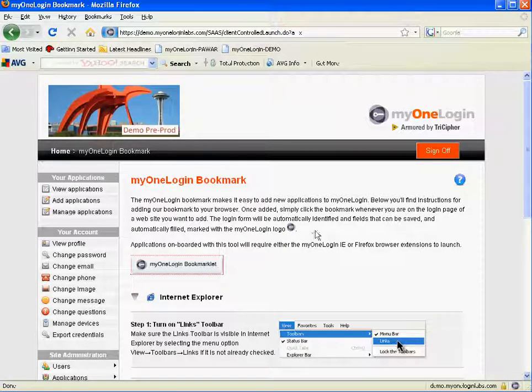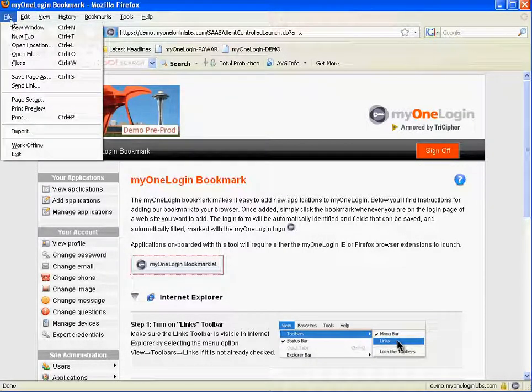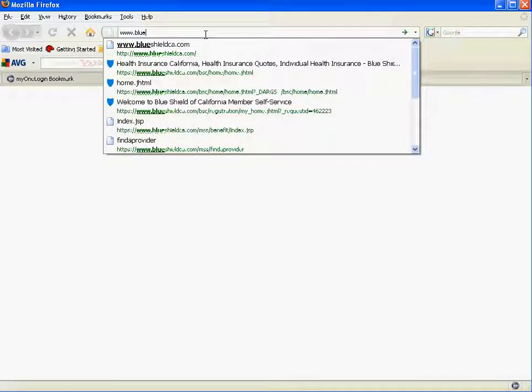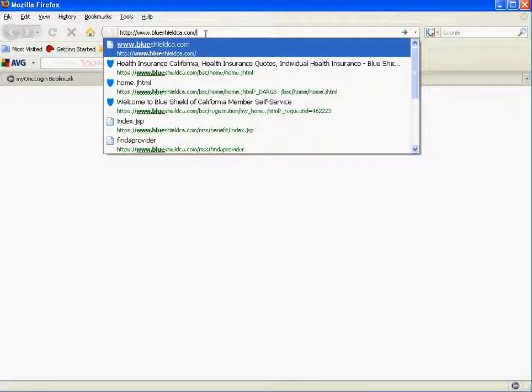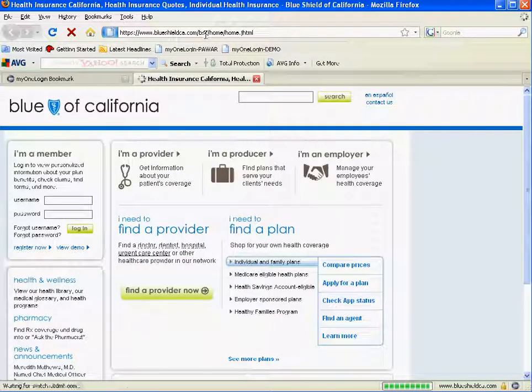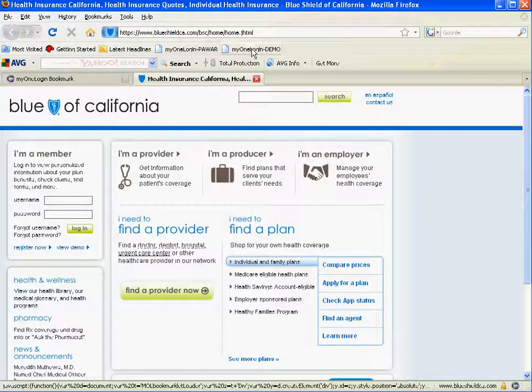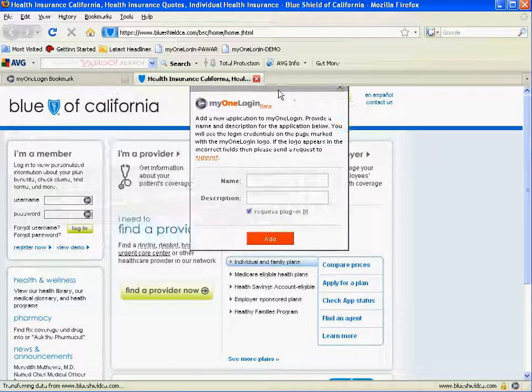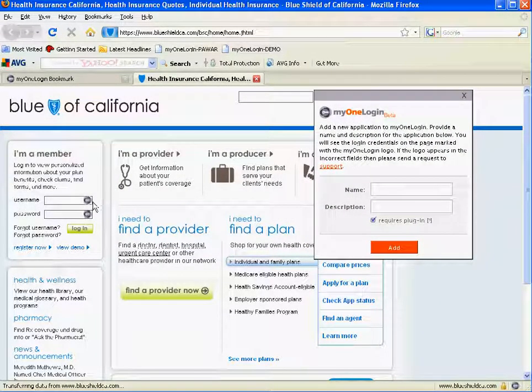Now if I wanted to add a new site, for example, I want to add the health insurance application for all my employees, I'm going to go to that web application, and when I'm on the login page, I simply click this Bookmarklet. What it does is it brings up the myOneLogin Bookmarklet. We have automatically detected, as you can see with the icons here, the username and password. So I'm going to go ahead, give it a name,